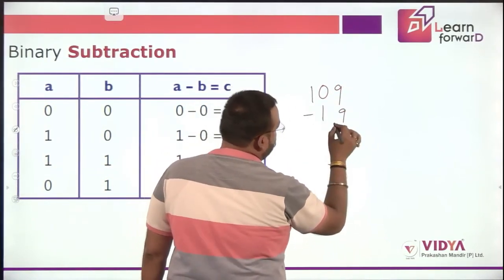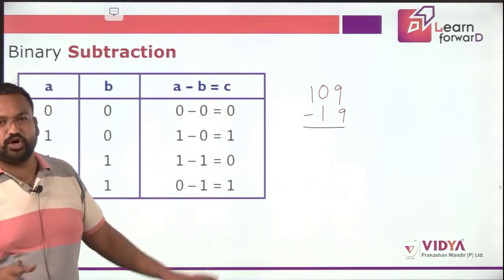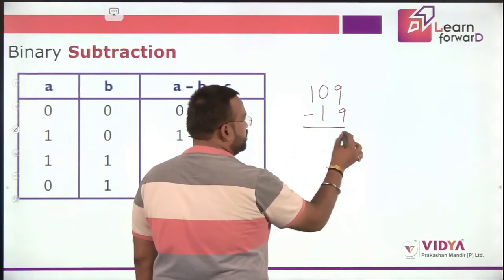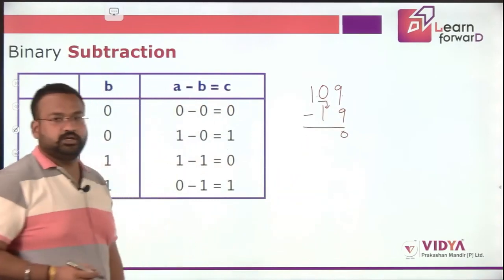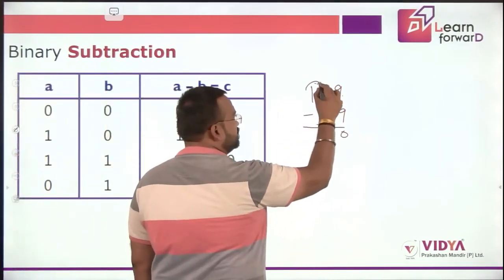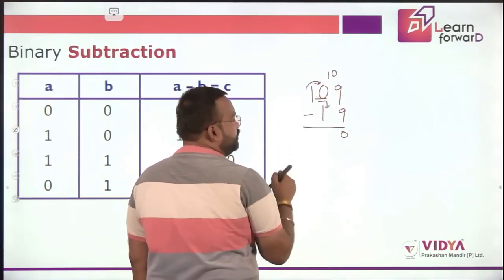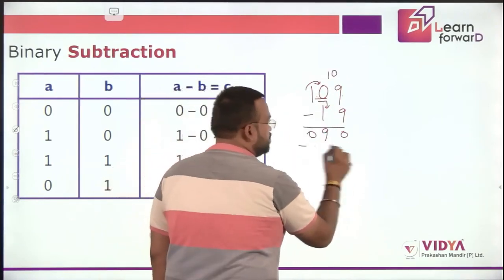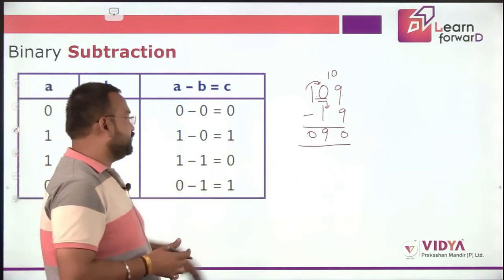We have to subtract like this. So it is a simple normal decimal number system. Okay, so 9 minus 9, that is 0. Now from this 0, can we subtract this 1? No. So what we will do is we will take one carry from here, that is this 1 would be here and it would become 10. Now 10 minus 1, it would be 9 and over here it would be 0. So I hope this is clear. Okay, this is simple arithmetic that we generally do.